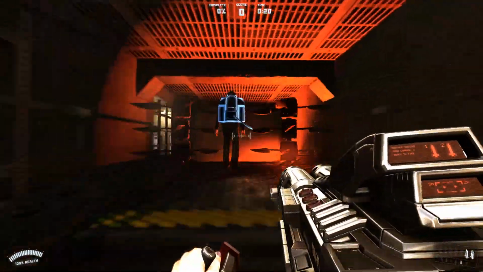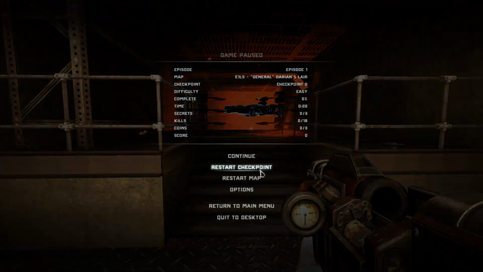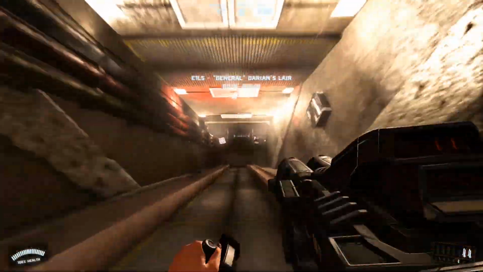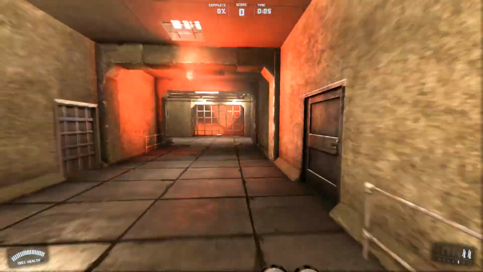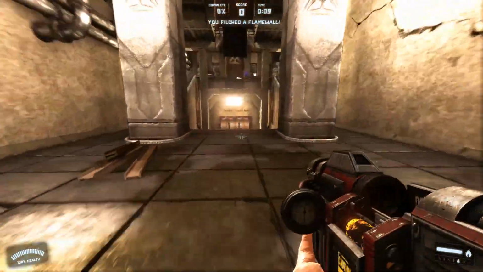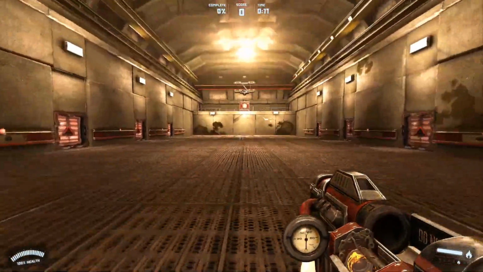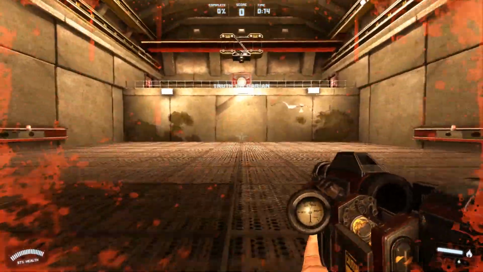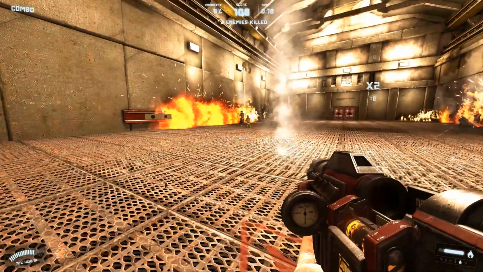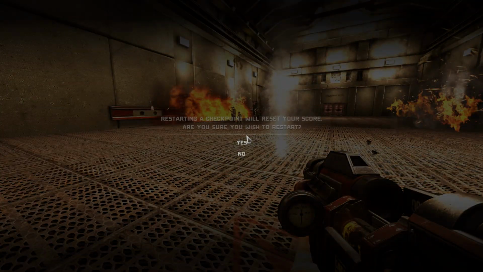Here you just want to run, you don't want to stop. Well, I did it kind of wrong there, but you want to pick up this, can't even think what it's called, the flame weapon, from those fans. You want to just run to the end of this room, turn around, and shoot left, or shoot right and shoot left. I actually screwed that up, but